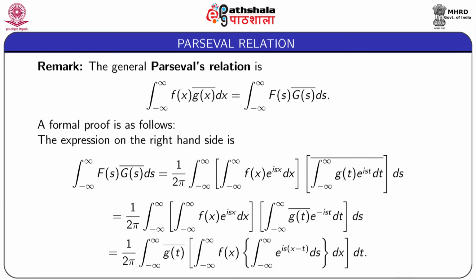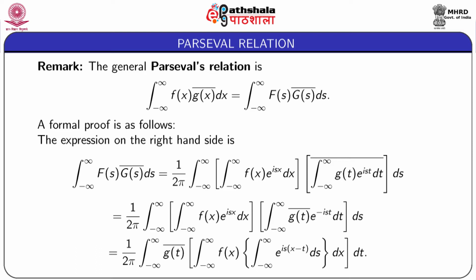So, this is equal to, if we consider the complex conjugate of e to the power ist in the last integral as e to the power minus ist,